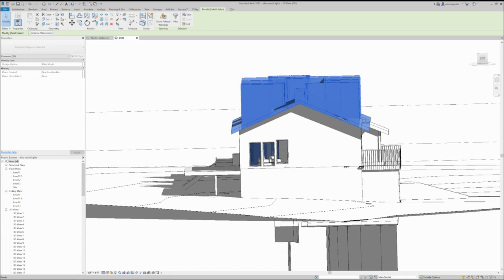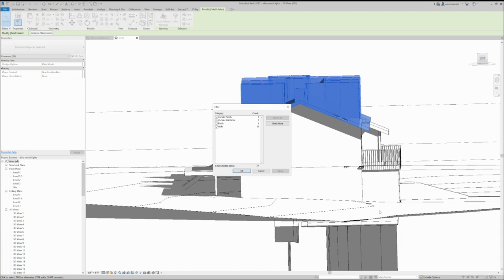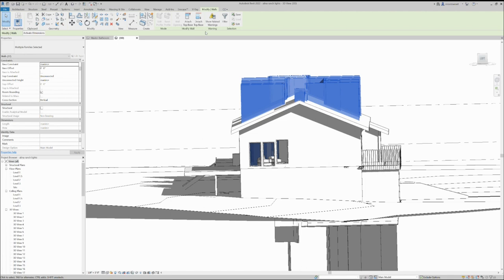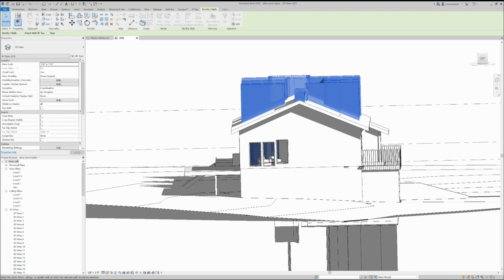I'm just cleaning things up here. And then we're going to, let's make sure that we have just walls. I'm going to the filter. I don't want to select these guys. Don't want to select that, just the walls. Okay? And then we're going to attach to the roof, because I assume that they're